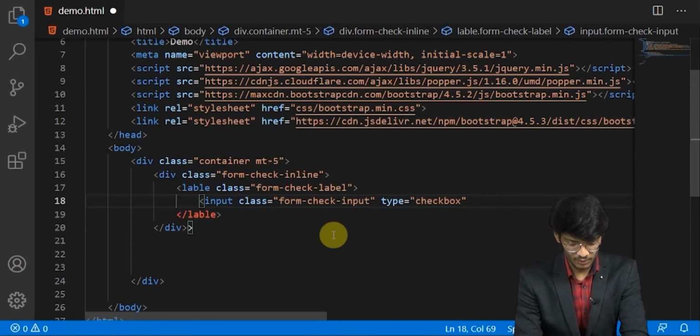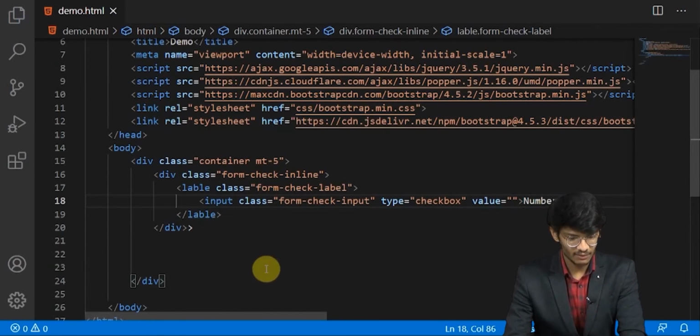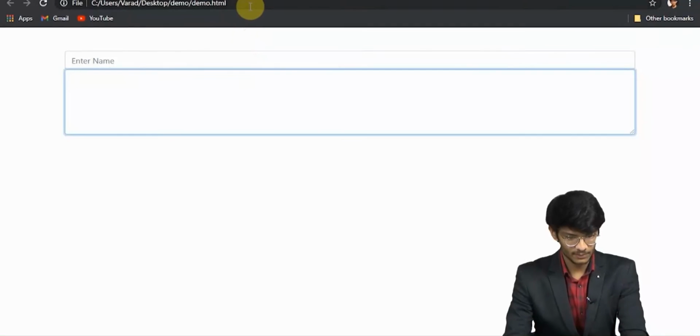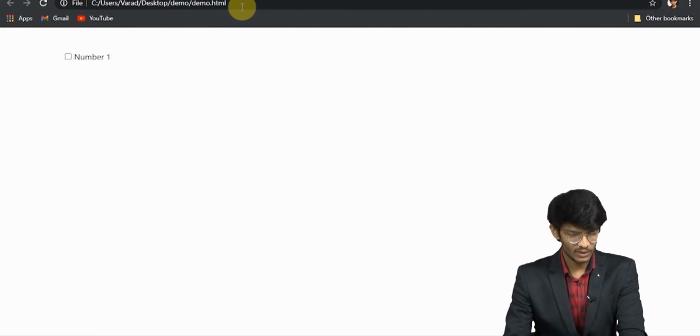We can also add a value if we want. I'm keeping it like that only, and after that we will write the label for it, like I am writing number 1. Let's save it and look at it in the browser. As you can see, I have got a checkbox over here with a particular label for that checkbox.